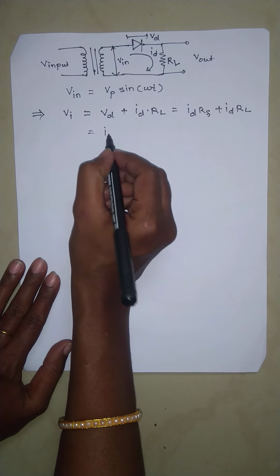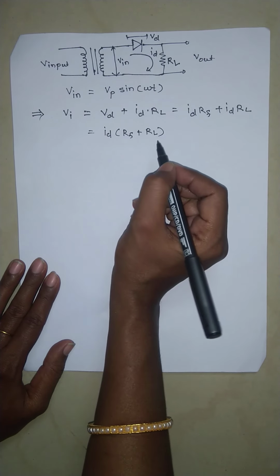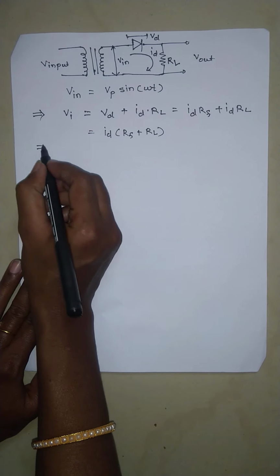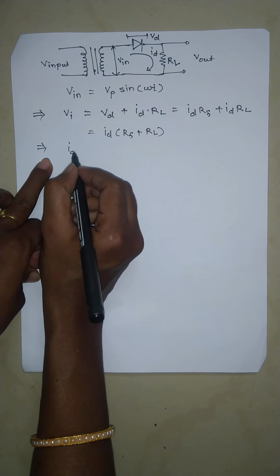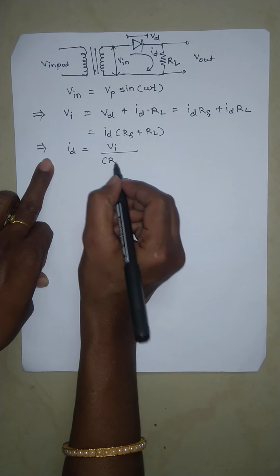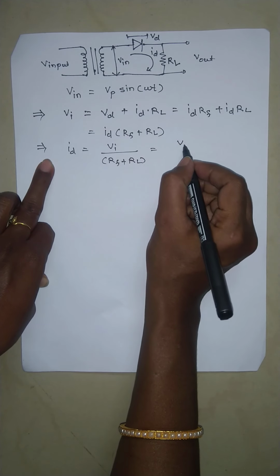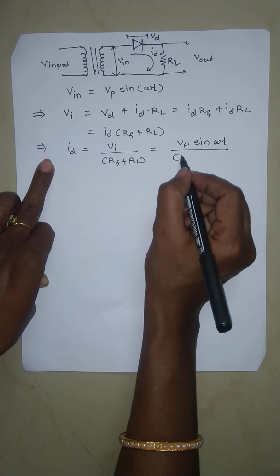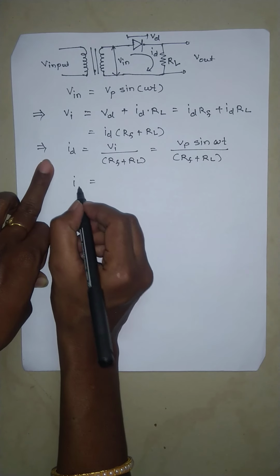So it should be Id times Rf plus RL, so that we can write the expression for Id to be equal to Vin divided by Rf plus RL, that is equal to Vp sine omega t divided by Rf plus RL,